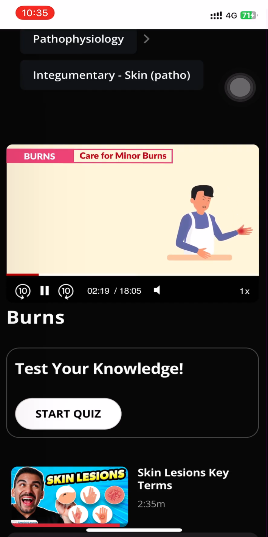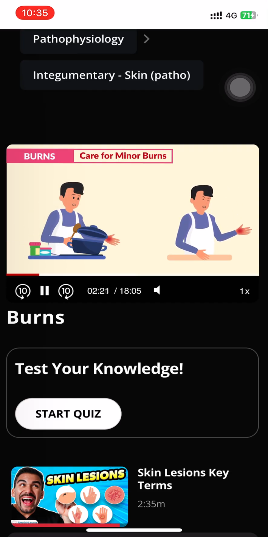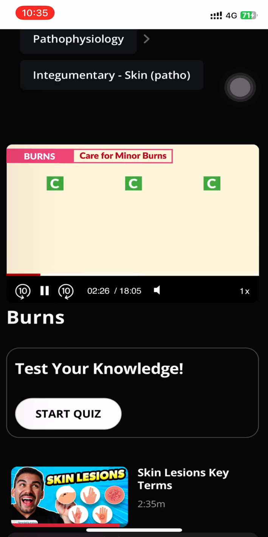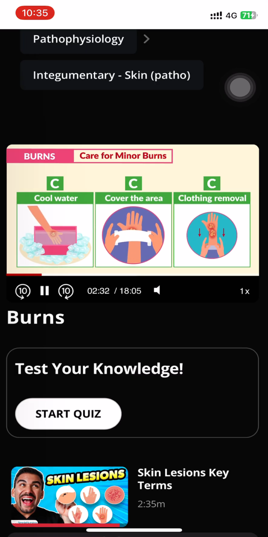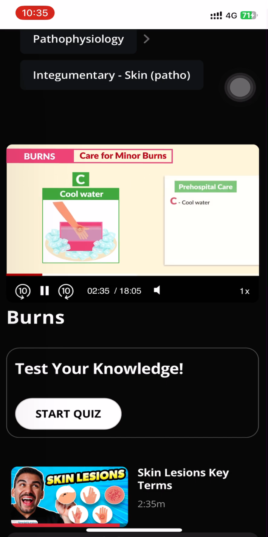Say a client is cooking and then burns themselves, or say they spill a boiling pot of water on an extremity. So we always teach the 3 C's for pre-hospital care: cool water, cover the area, and clothing removal. So for pre-hospital care,